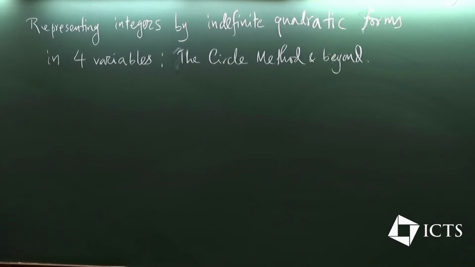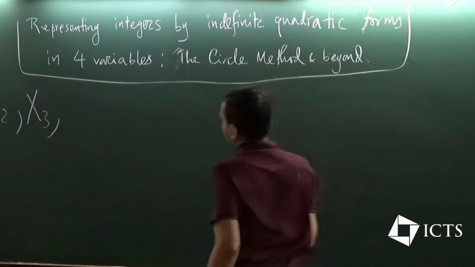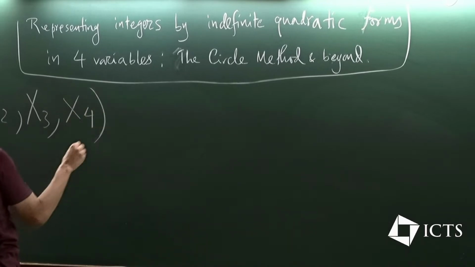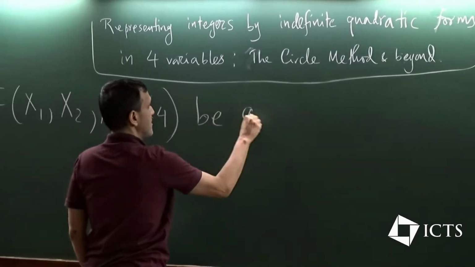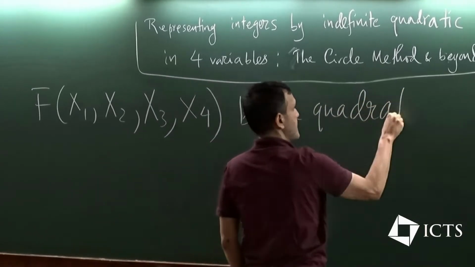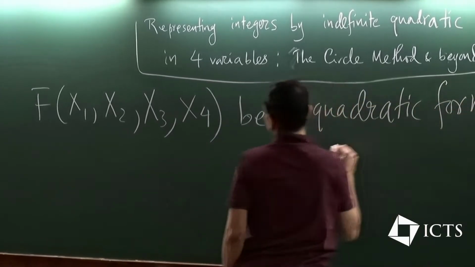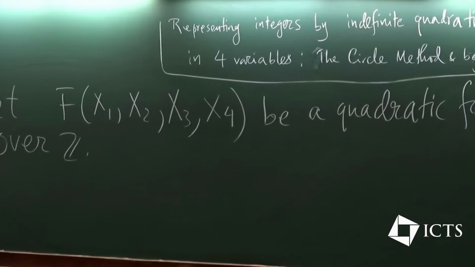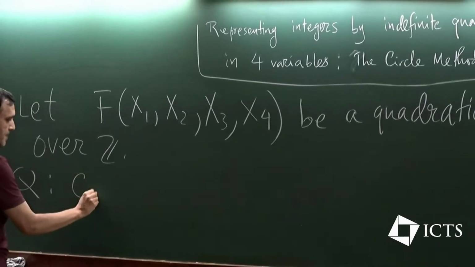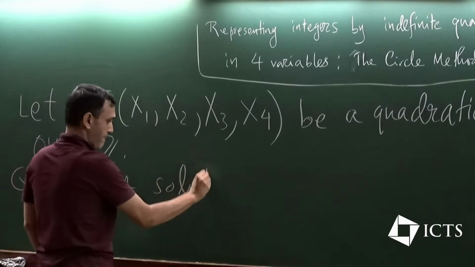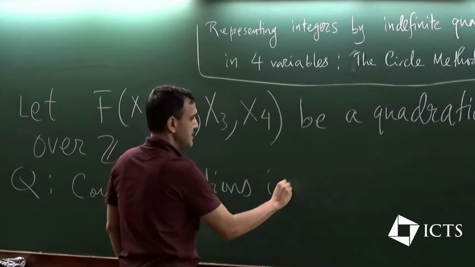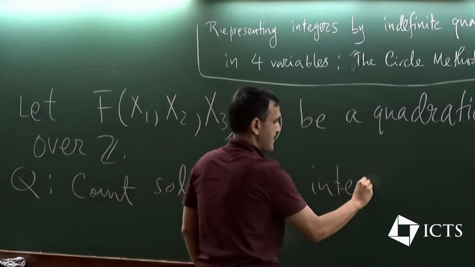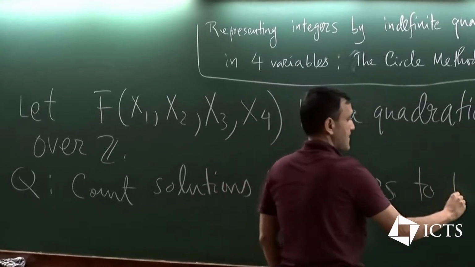Let f be a quadratic form over Z. The problem we are interested in is to count solutions in integers to f of